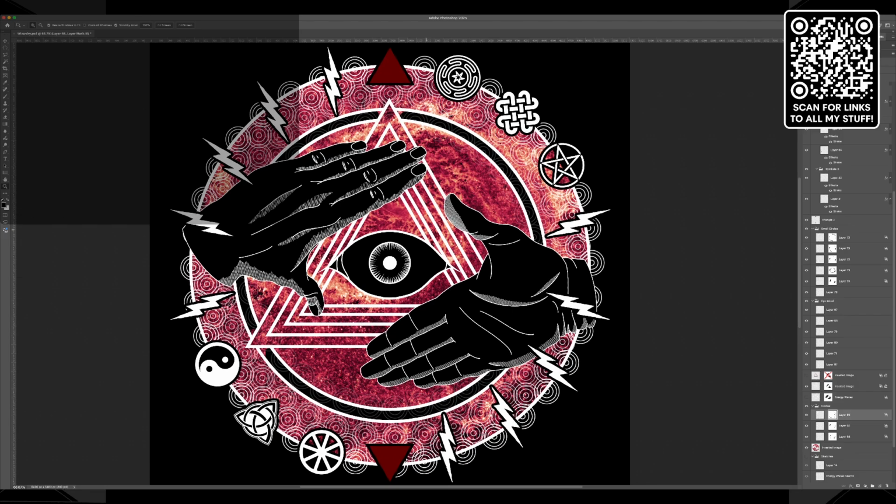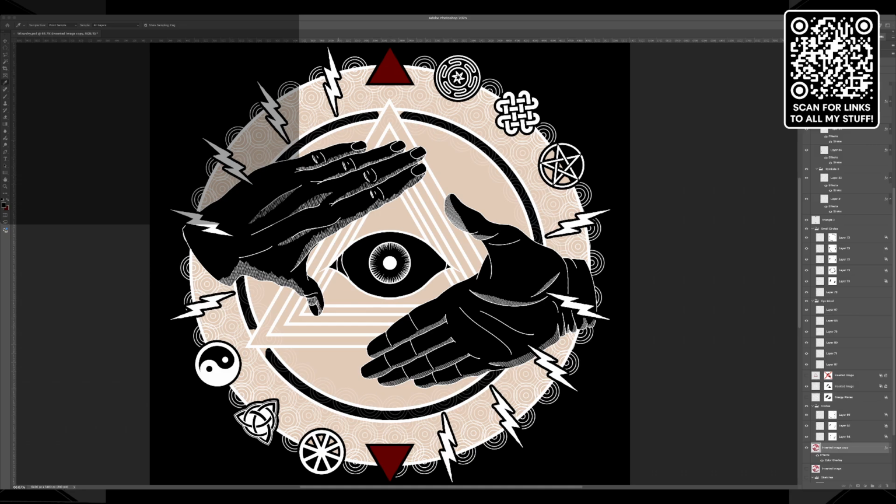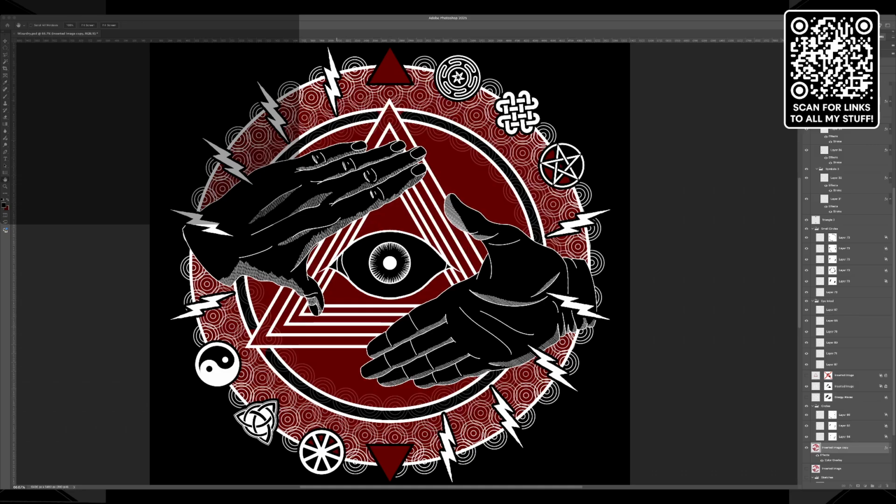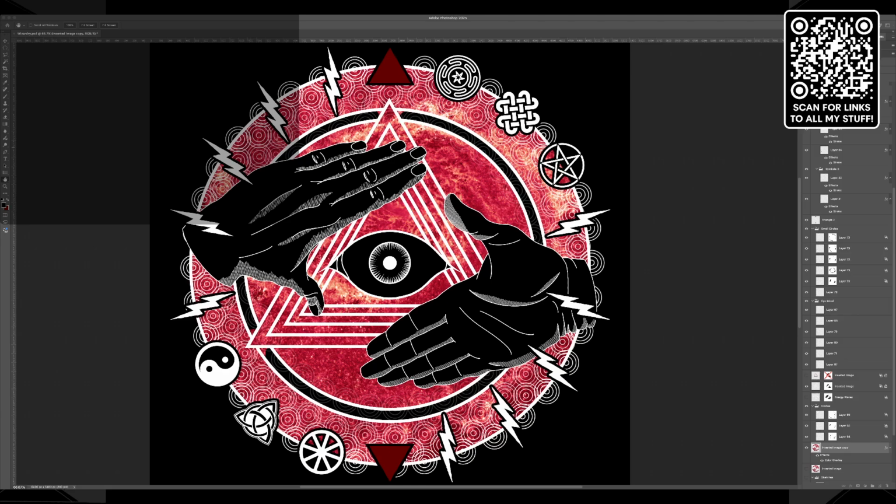I'm wondering if that red on the triangle. Actually, you know what? Wait a minute. Where's the galaxy? Let me do a quick duplicate of this guy. It's underneath. Let me see something. Let me do a color overlay of this red onto here. Oh, that's interesting. I don't mind that. See, I think that looks better. Where's the overlay on it?